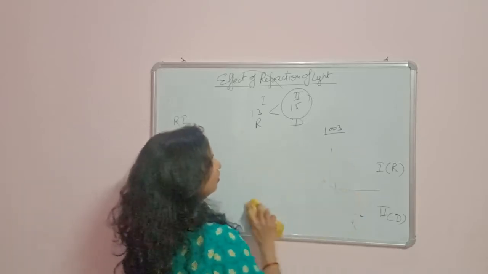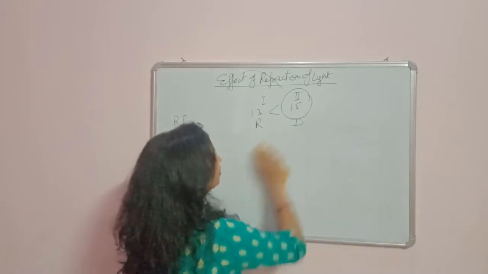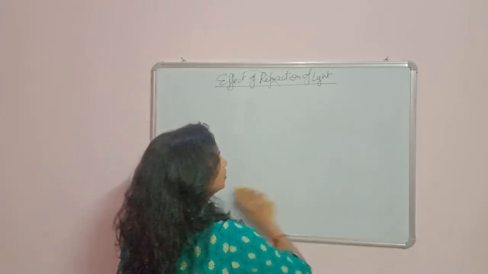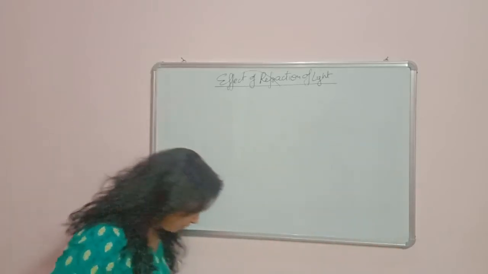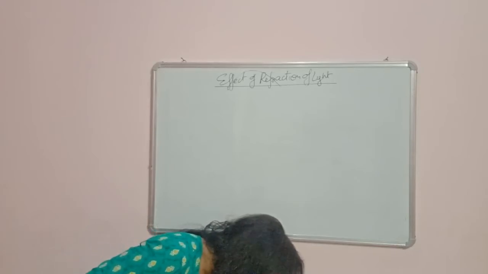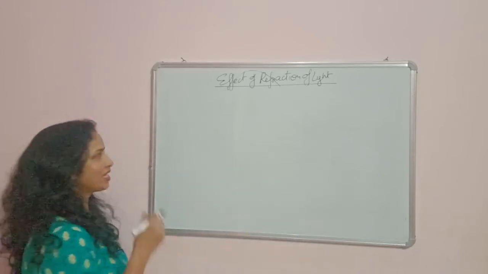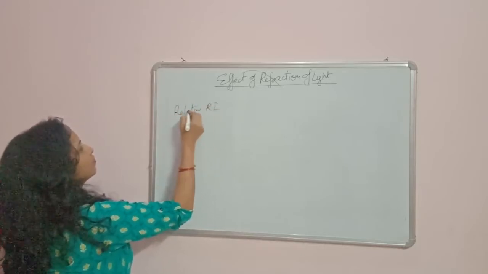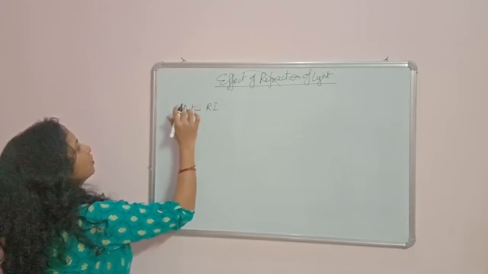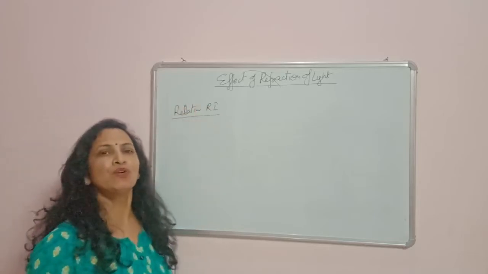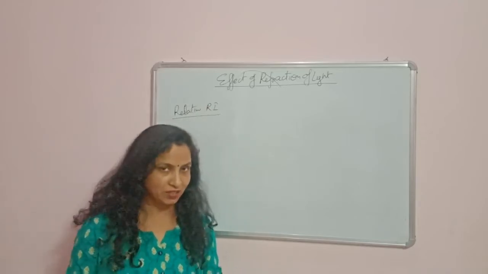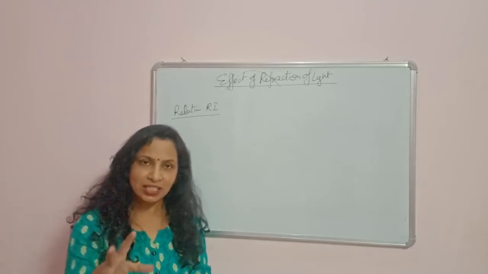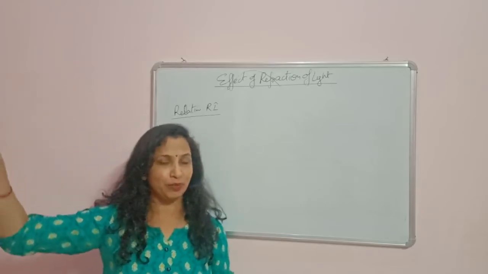Now, we can say there are two types of refractive index. Absolute and the other one is relative. Relative refractive index and absolute refractive index. Relative refractive index means if you are going to find the refractive index of a medium with respect to any other medium other than air or vacuum. If you are finding the refractive index of a medium other than air and vacuum, it is called the relative